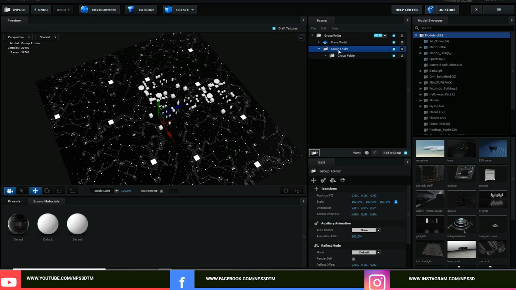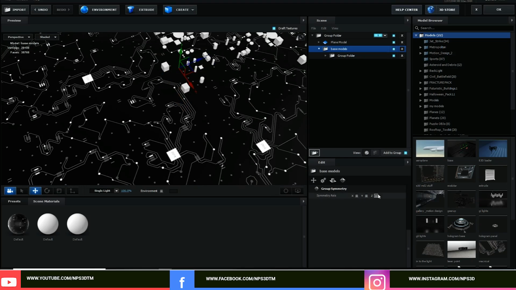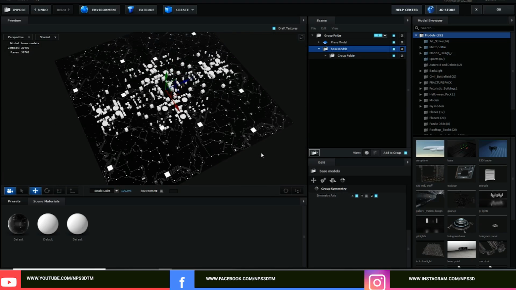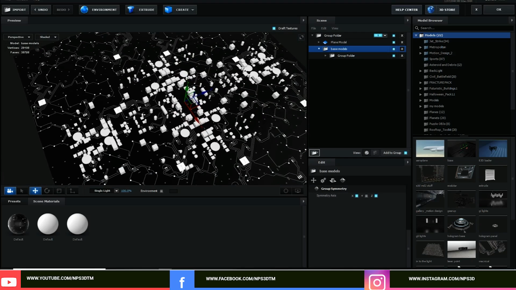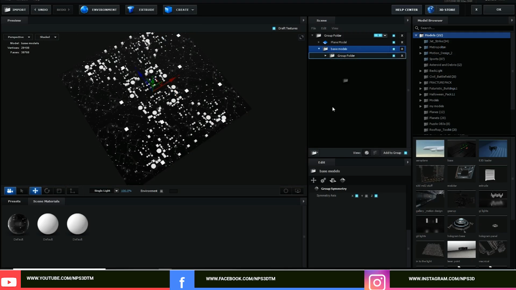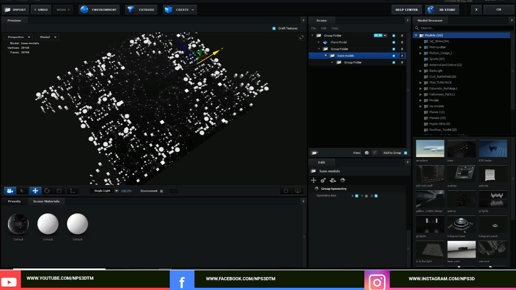So select the first, this one is the base model, and just make the symmetry in 2 directions, so G and X, so G and X. Alright, so now you can see we have a lot of smaller primitives. Now let's arrange it. Make this base model again in a new group and make this group again in, I think, X direction. So now you can see